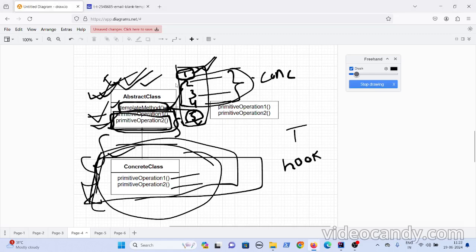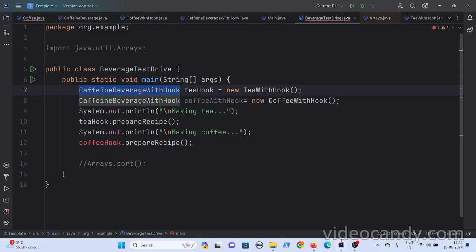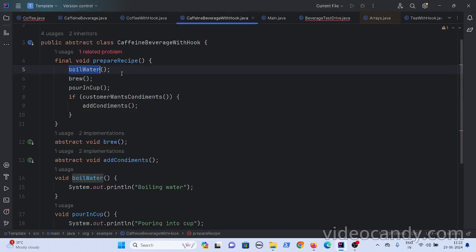And while designing this template method, don't put too many abstract methods in the template method. Because if you add too many methods, and for those you don't have implementation details here, and the child classes have to provide them, that will become an overhead. If you put too many abstract methods, and each and every child class has to implement those methods, that becomes hectic, right? So minimize the abstract steps that are declared here as much as possible.